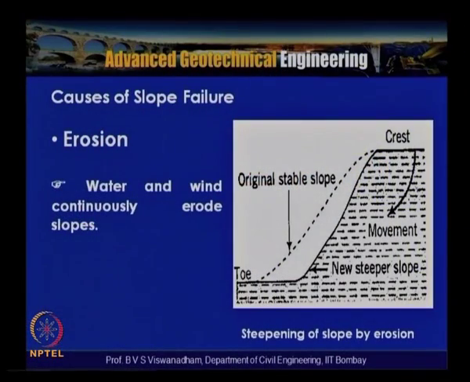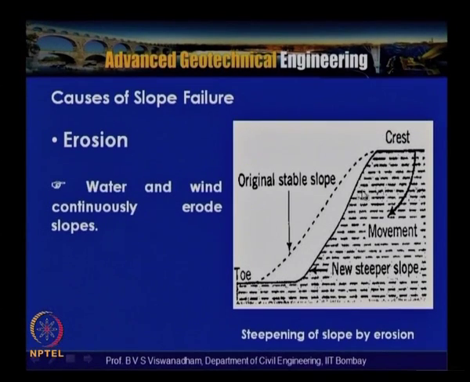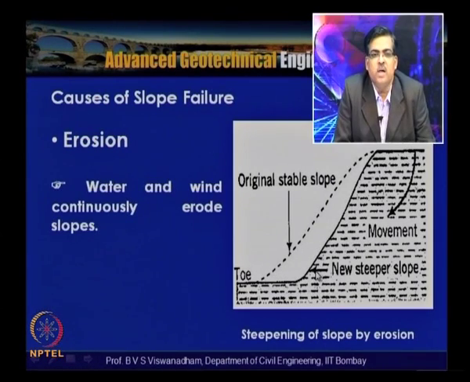So if you look into the causes of slope failure, one cause we have addressed is erosion. In this particular slide, the original slope surface or configuration is shown here like this, and this particular slope surface is attained because of the erosion of the soil, either because of the water agency or wind agency. So the attainment of this steeper slope can lead to instability, because the slope has not been designed for that particular type of steep inclination and can lead to failure.